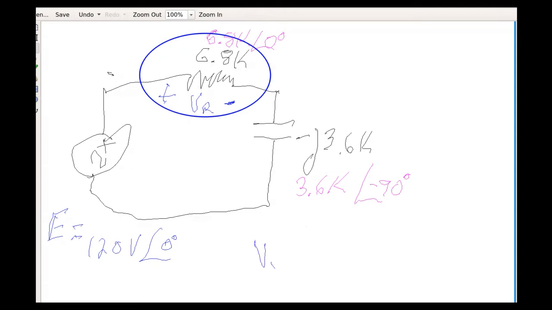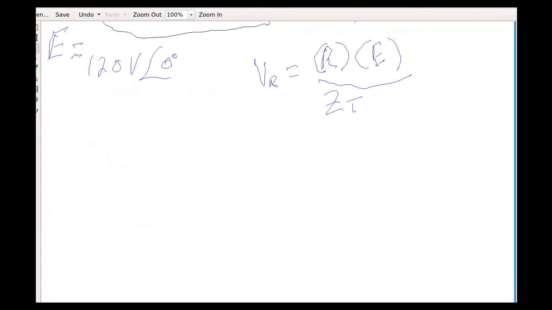The voltage that we're looking for, which is VR, is equal to the impedance of that value, which is the resistance, times your voltage divided by the total impedance. And since these two are just in series, the total impedance is this plus this. Okay. All right, so now